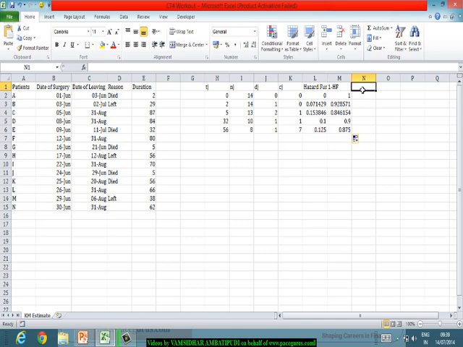From here we get the survival function S(t), which is nothing but the multiplication. So I am taking this number and multiplying it with this number, and I am getting the survival function for each of the periods. This is the survival function between 0 to 2, the 0 to 2 period survival. This is between 2 to 5, this is between 5 to 32, this is the survival function for 32 to 56, and then 56 to